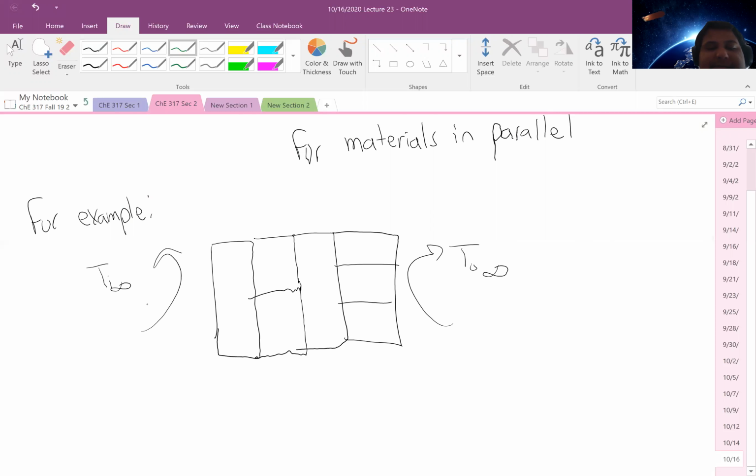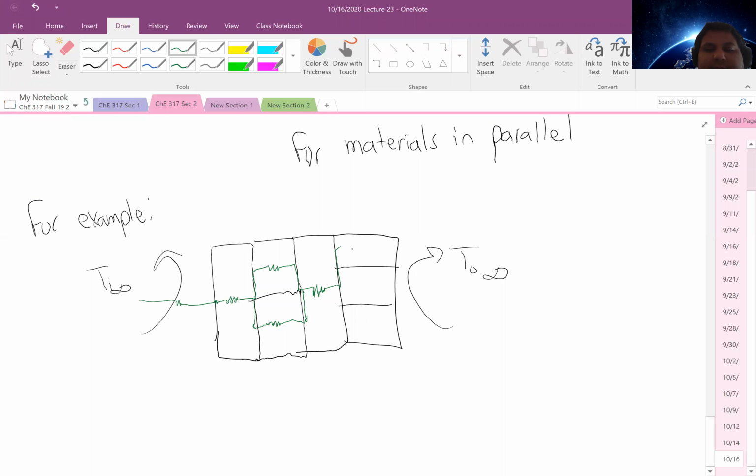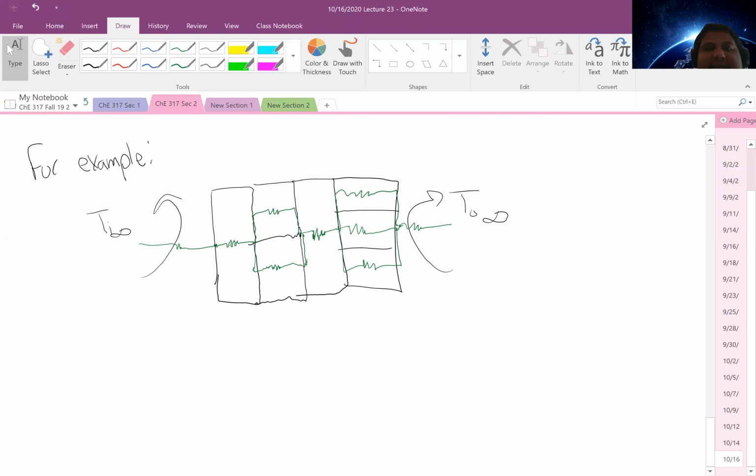What I could do is essentially draw an equivalent circuit for this material. And based on the materials, the circuit that I would draw, you can identify how to obtain your total thermal resistance. So if this was R1, R2, R3,